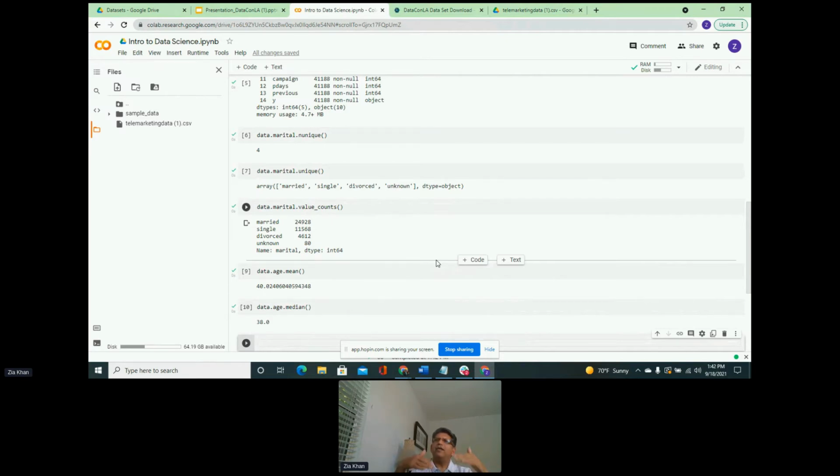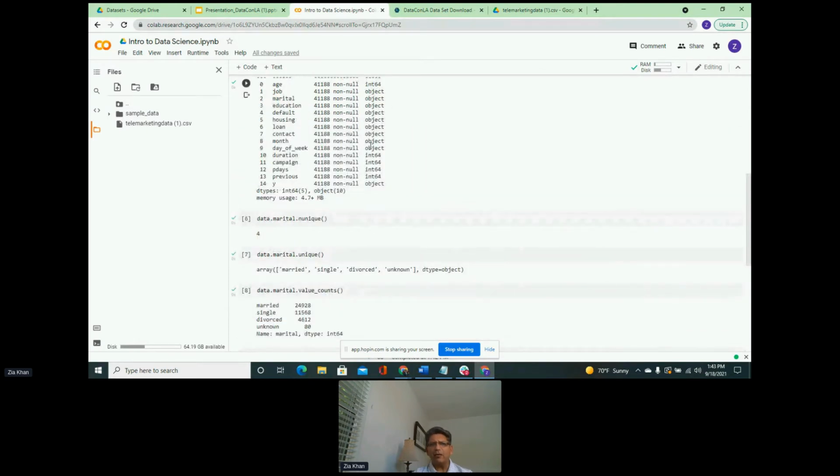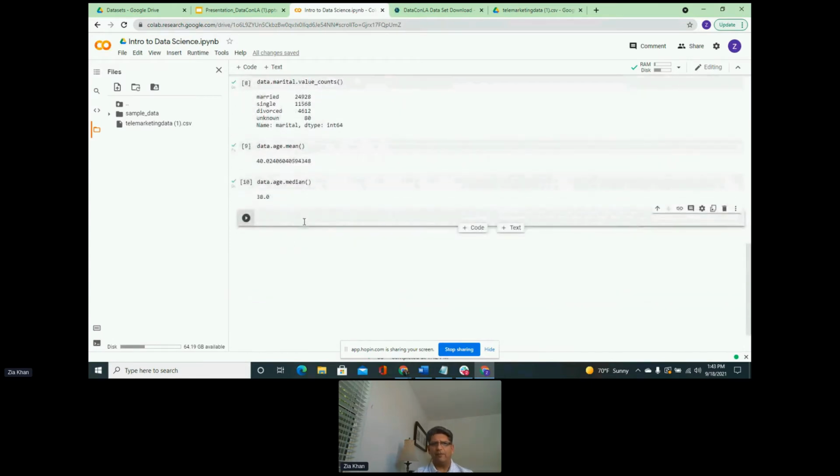This is how we can find out a little bit more about a numeric field that we have in our data set. So numeric versus object, or you can say numeric versus categorical, because in data types we have numeric types of data and we have categorical types of data. And we have seen that the object types are the categorical types, and the integers are the numeric type of data.